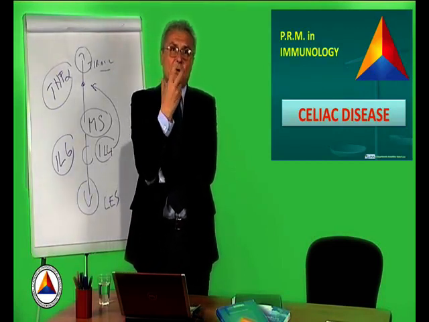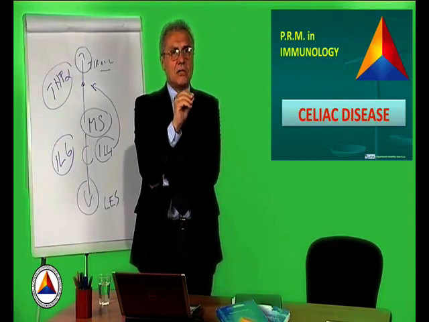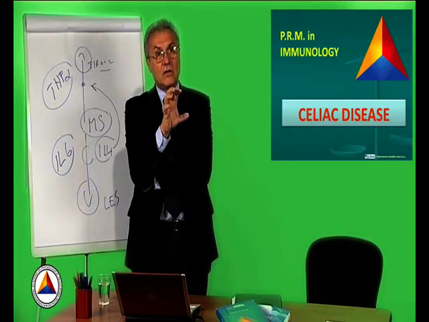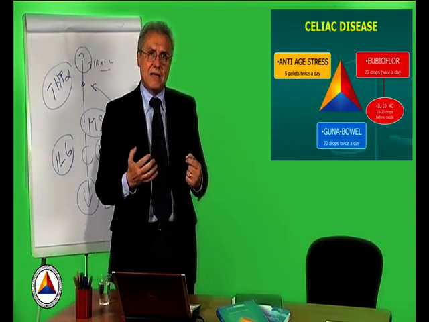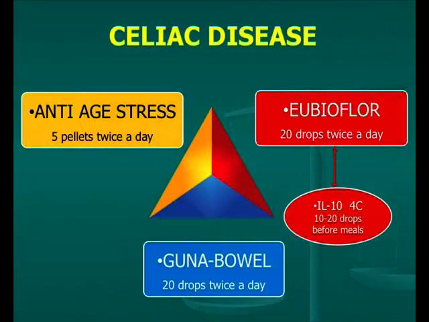This can indeed be done, that is, the expression of interleukin-10 in the body can be enhanced and therefore the individual's reactivity to gluten diminished. Interleukin-10, therefore, has a very important role, and we can say that from 10 to 20 drops of interleukin-10 4C before every single meal can be an extremely important element for these patients, because the inflammation of the small intestine that then leads to an alteration of the intestinal villi is not triggered.